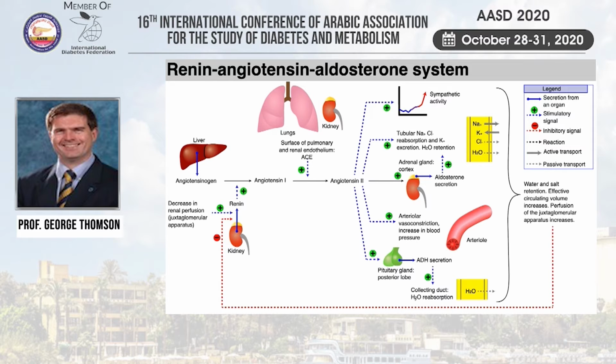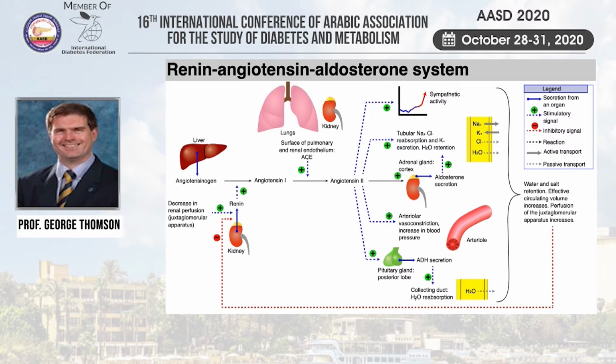This slide demonstrates a very simple schematic of the RAAS as we might have learned it at medical school. The liver creates angiotensinogen, which is converted by the secretion of renin from the kidney to angiotensin 1. Conversion by angiotensin converting enzyme of angiotensin 1 into angiotensin 2 leads to the predominant and often adverse effects of